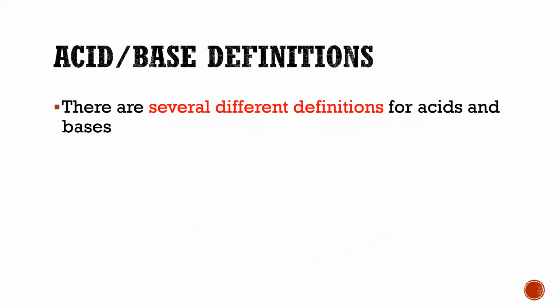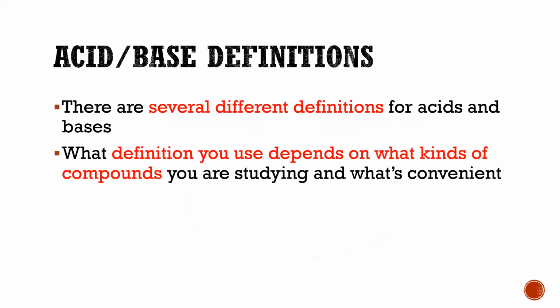So there are several definitions for acids and bases, and we've slowly been exploring these definitions. We did when we went in chapter 6 with chemical reactions, and we were discussing double displacement reactions, one of the double displacements being neutralizations. So what definition you use really depends on what you're studying. Okay, so one definition we